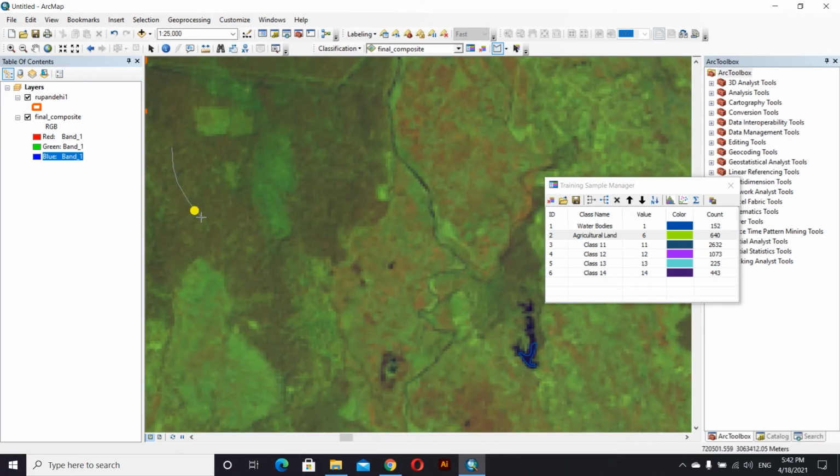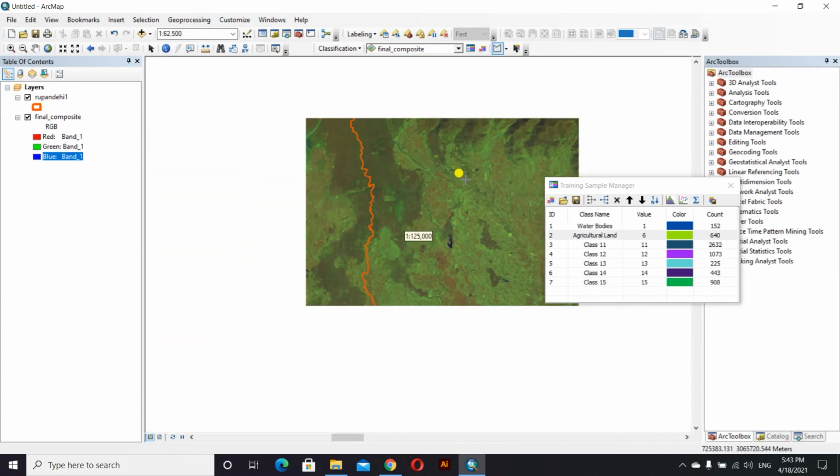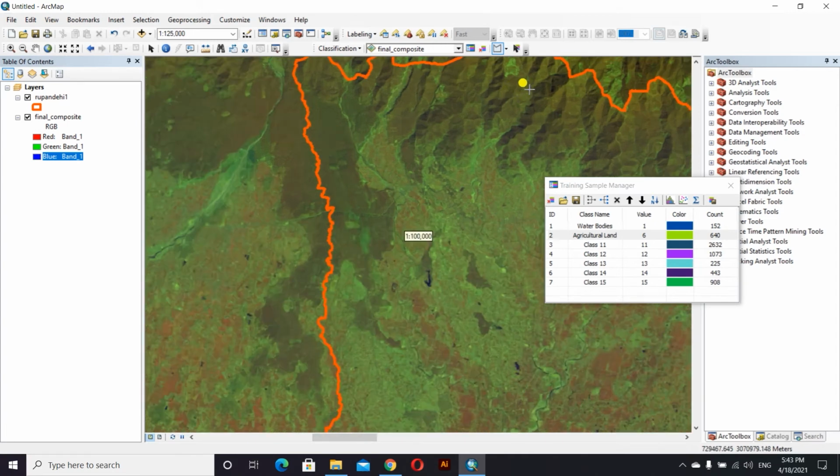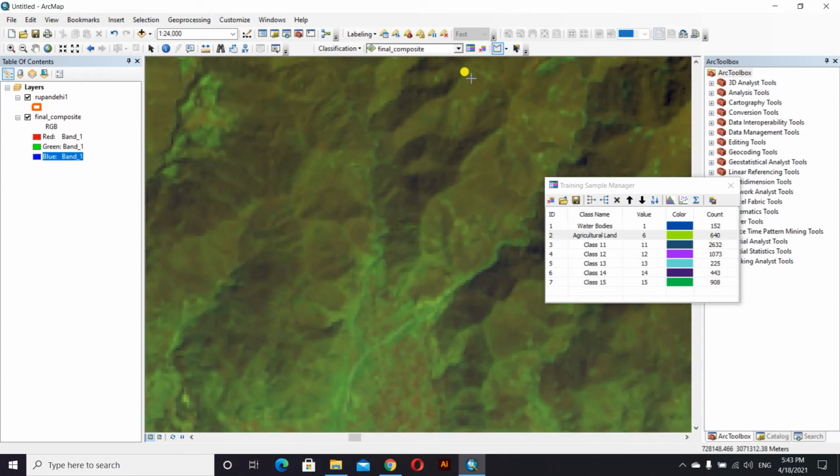This is the fifth sample. Let us add one more sample from here, and one more from here. This dark greenish means the shadow region, so we can take that also. Let us take from here also.